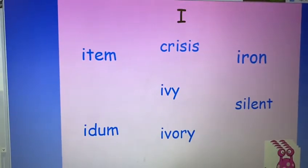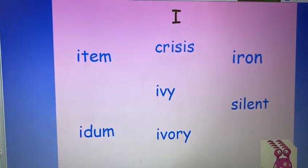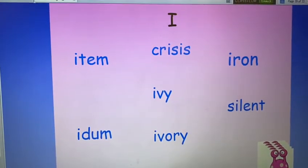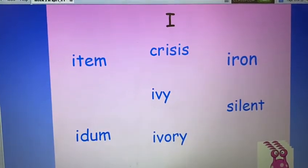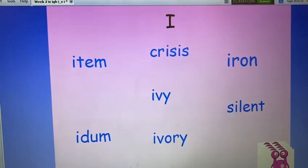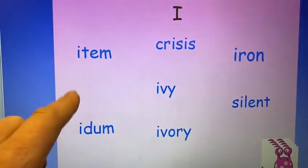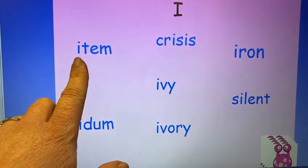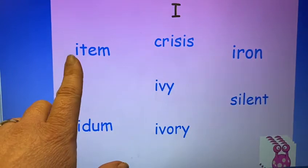Now this is quite a tricky one actually, because sometimes in a word it makes one I sound, and sometimes in a word it makes the other I sound. So what we really have to do is work out, or have a go really, at sounding out the word. So we might have a look at this word here and think, well, normally this letter makes the I sound. So I might sound it out as it,